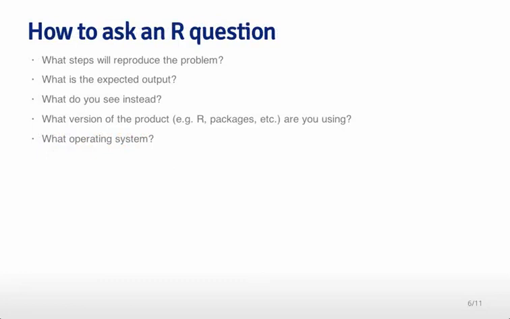So an important point that you'll run into a lot in this class is how to ask an R question. And so there are a few different components of it that you should keep in mind. First is you will want to outline what are the steps that you have executed in order to create this problem. So if you ran 3 functions in order, you should reproduce what those 3 functions are. And then you should say what you expect the output to be, and then what you saw instead. So I expected it to give me the answer to this question, and instead it gave me an error. And so a really important thing to keep in mind is that R packages and R and all these other tools that we're going to be telling you about are going to be evolving over time.